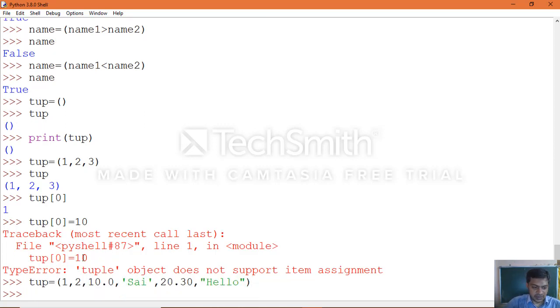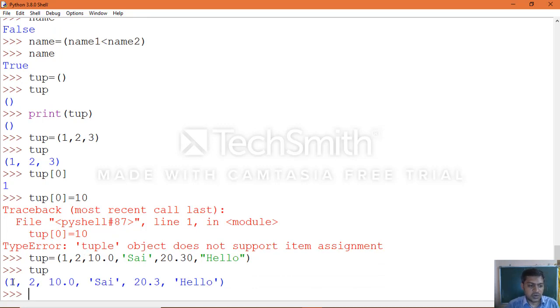Finally close the parenthesis and print the tuple. Yes, it can hold any type of data: numbers, floating point numbers, string values, all of which it can hold. But this is an immutable data type. So once you assign the value, later if you want to change it, you can't change it.